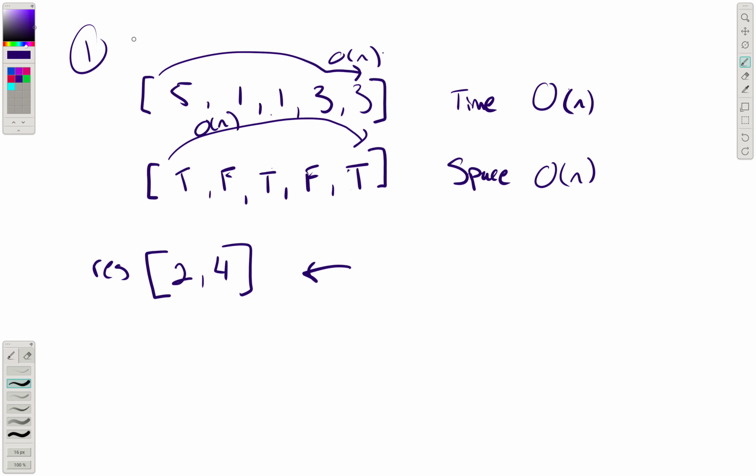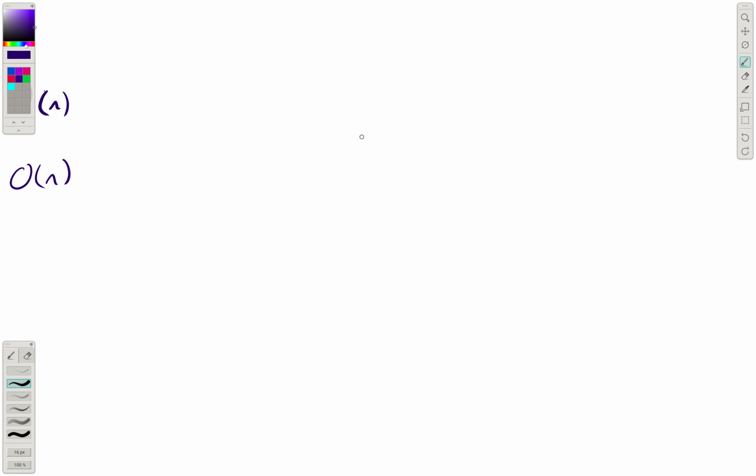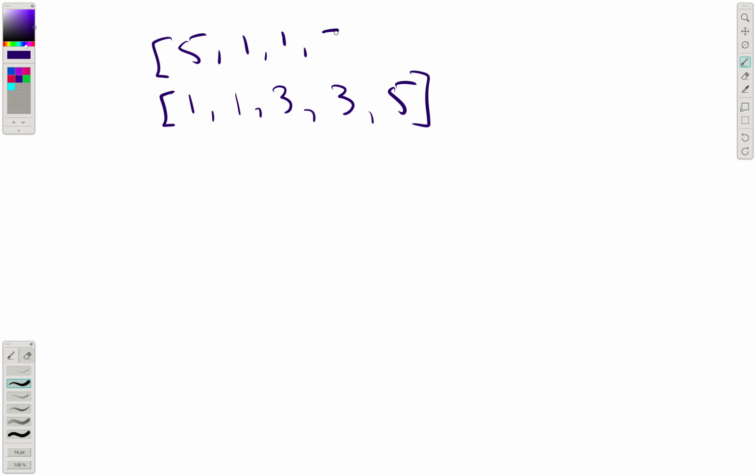Does sorting put the numbers in some order such that you don't need to store things anymore in order to figure out the problem? And in this case, it kind of does. Like if we sorted this 5, 1, 1, 3, 3, which would turn to 1, 1, 3, 3, 5. I'll write the original here: 5, 1, 1, 3, 3. So if we sort it,